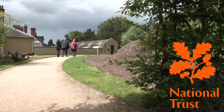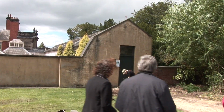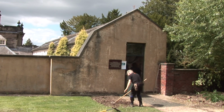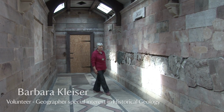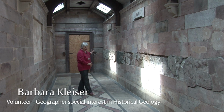This is James Bateman's Geology Gallery. James Bateman was the designer of the garden here at Biddulph Grange, and he came here in 1841 with his wife Maria. His idea was that when people arrived at the gallery, they would be able to make a journey